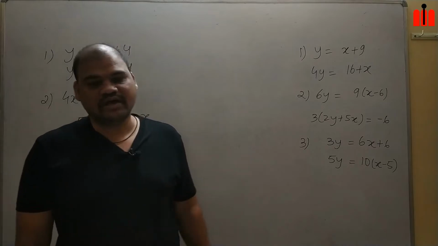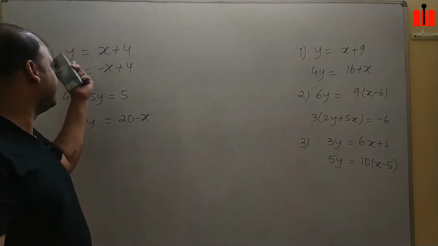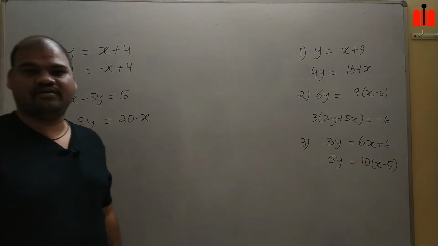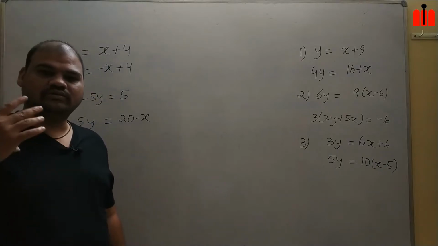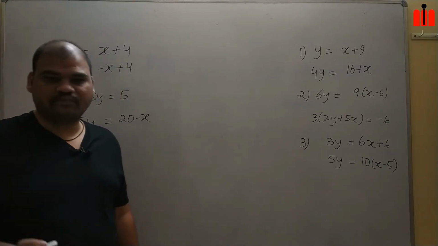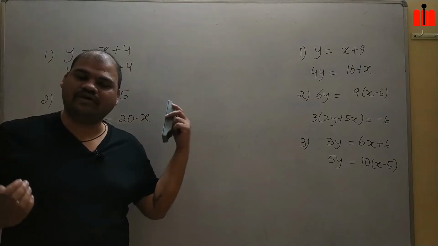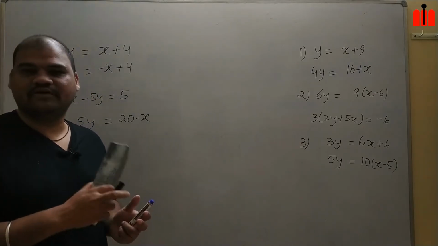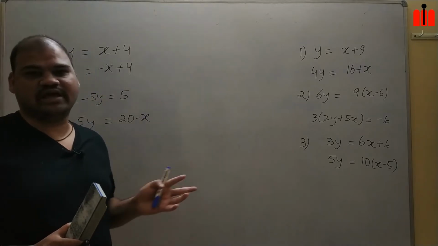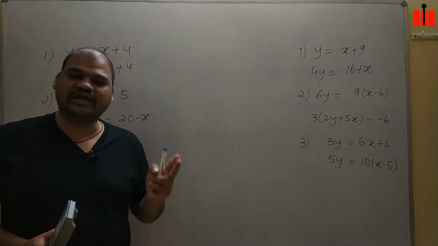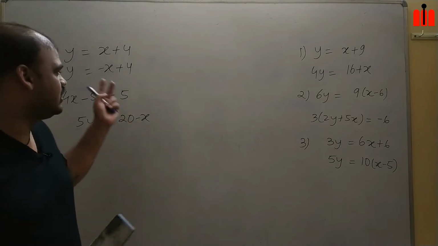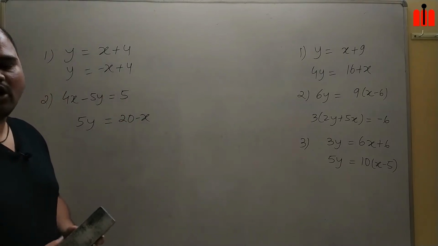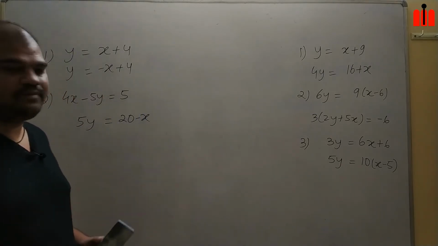Here there are two variables, x and y. So there may be two unknown quantities in the problem, and then you will come up with this type of equations. And this is power 1, so this is linear. So, linear equation in two variables. There are two variables over here. Now how do we solve this two variable problem?